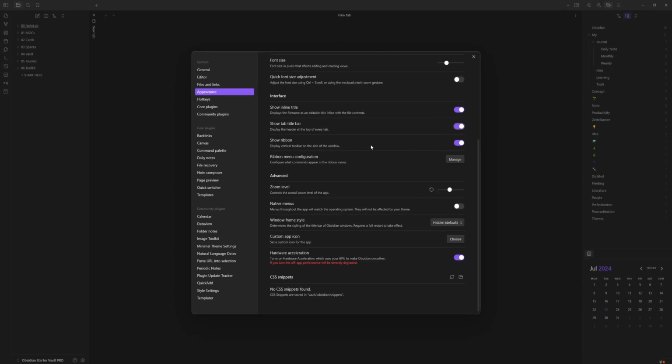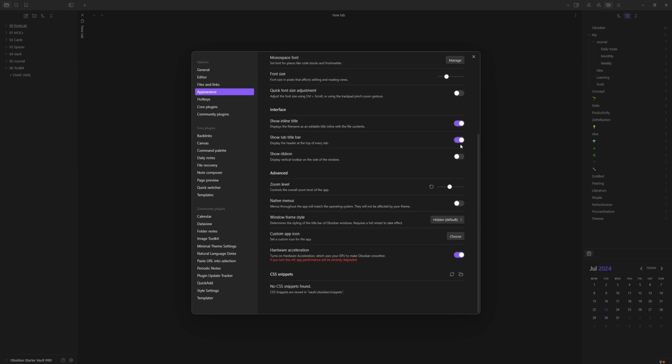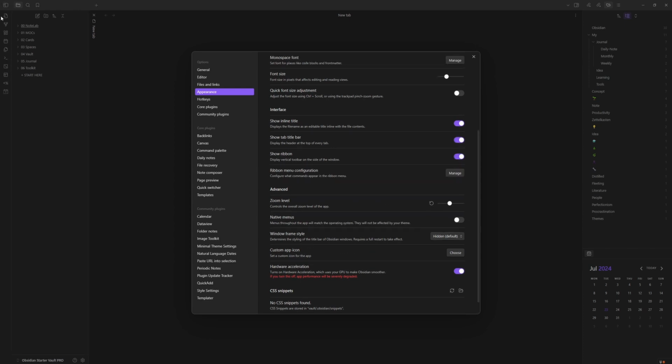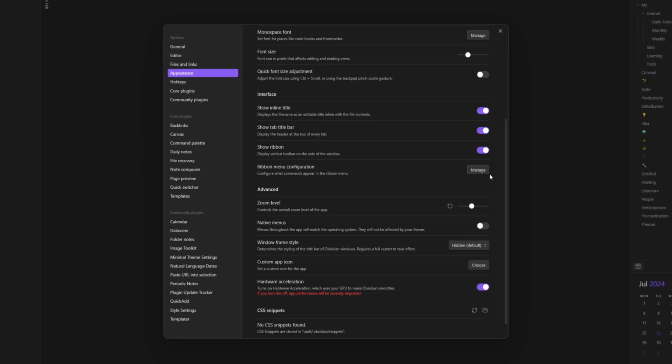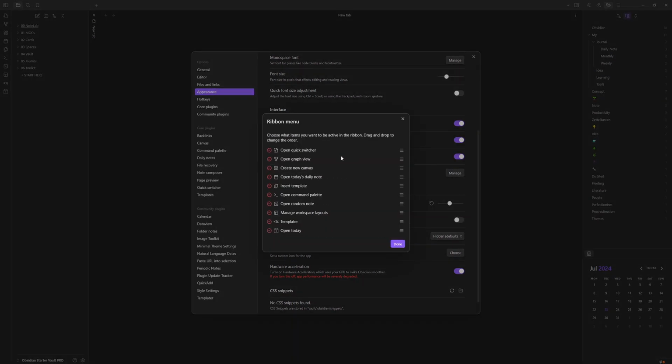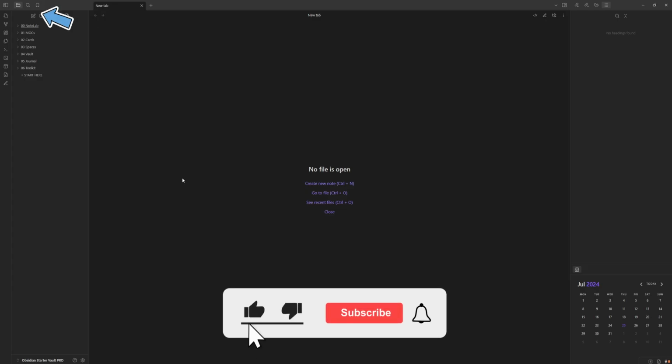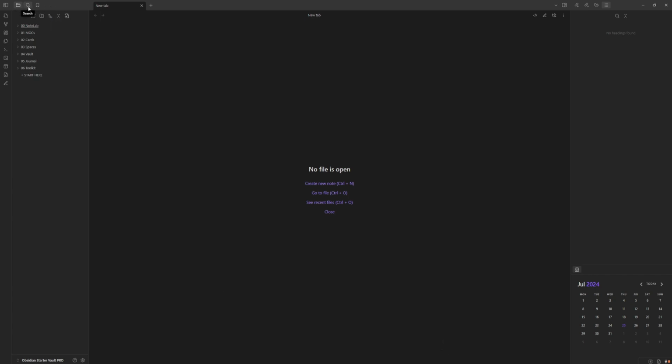our note. We can show or hide the ribbon on the left-hand side, or we can customize the ribbon menu by selecting manage, and then we can either drag our commands to reposition them down on the left-hand side, or we can remove them completely. So by default, Obsidian allows us to reposition the files, the search, and the bookmarks links up the top here